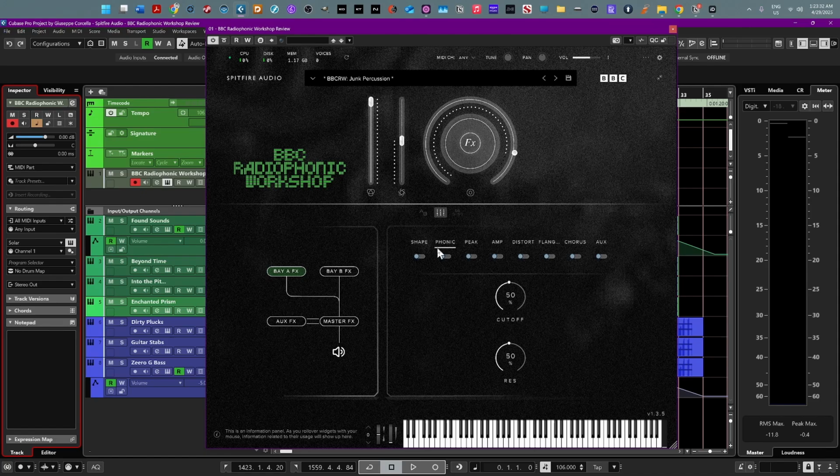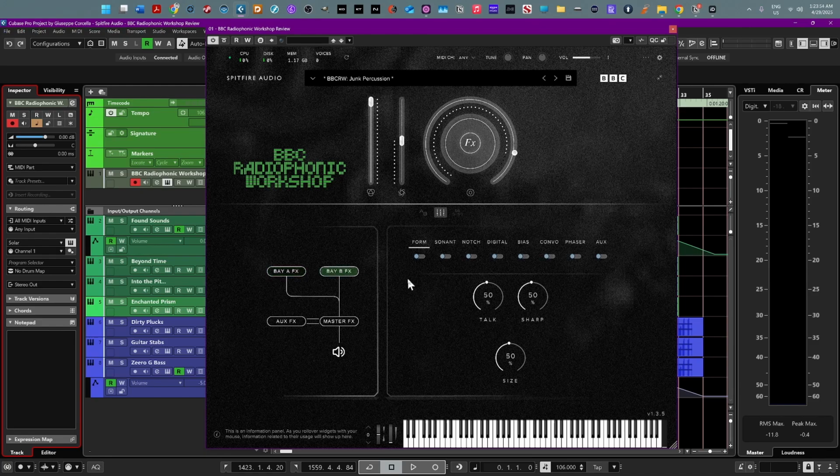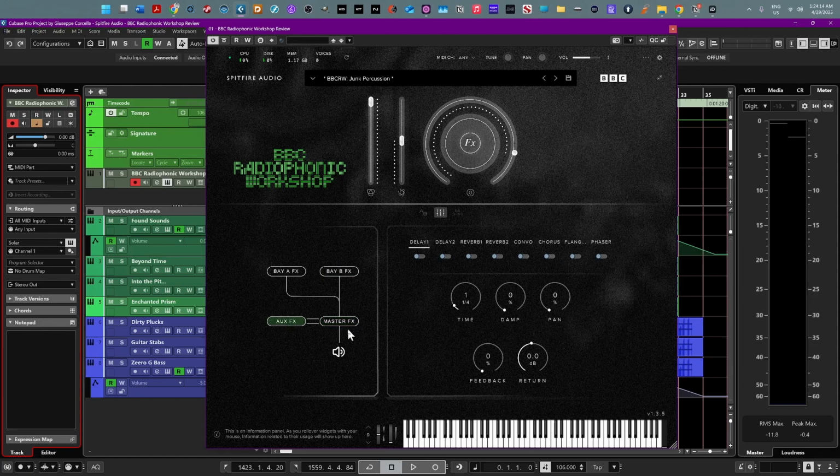Here are the effects. To activate them you just have to click on this button, and then you see that you have more parameters for each of them. And also here you can work separately for layer A and layer B, and you have the master effects and also an auxiliary channel, and you can also set some effects on an auxiliary channel.